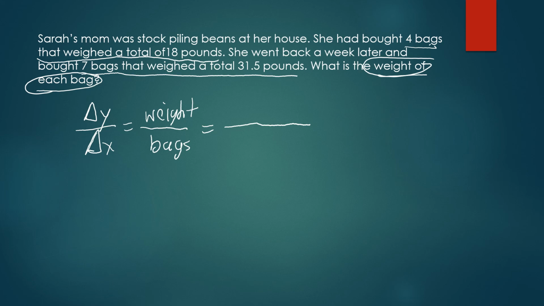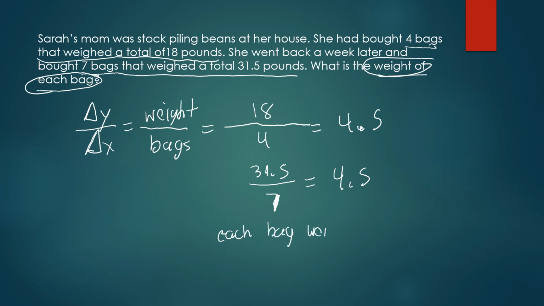So go ahead and set up my first one. I know my original weight is 18 divided by 4 bags, which gives me 4.5. So I'm going to do the second one just to be safe. 31.5 divided by 7. Let me make that look like a 7. 31.5 divided by 7 gives us also 4.5. So thus, each bag weighs 4.5